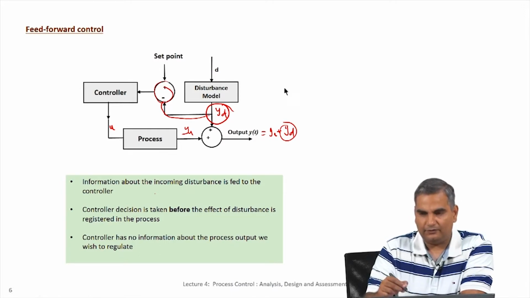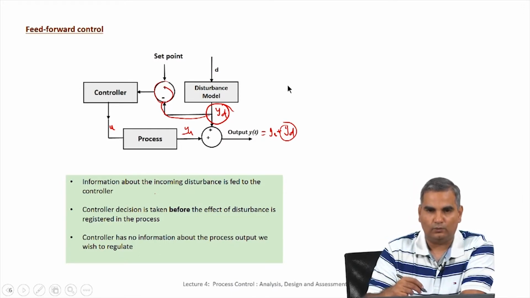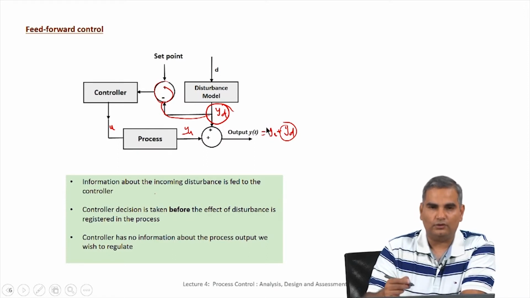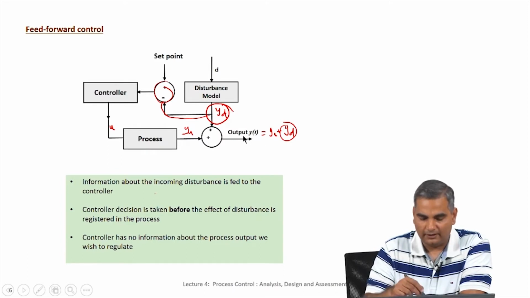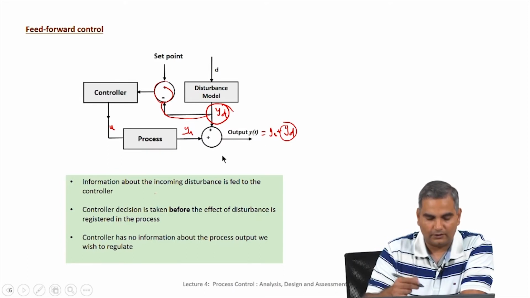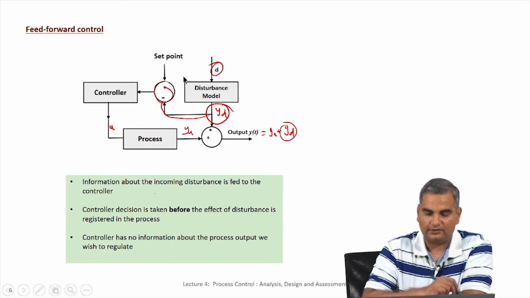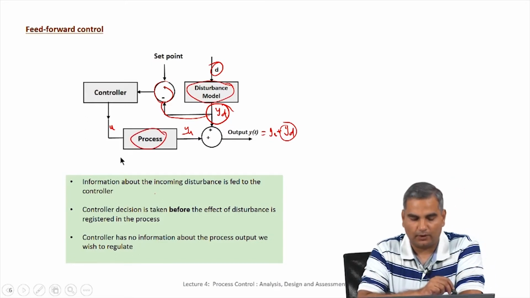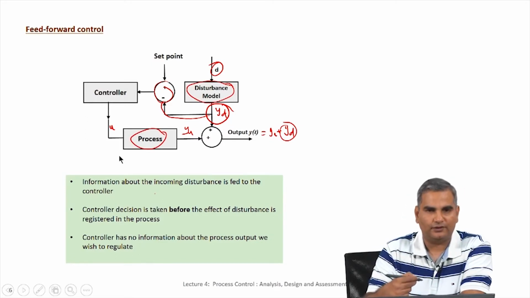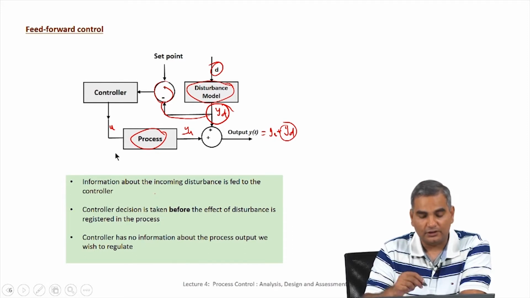Now, similarly, if you know that you want a set point change, then you could use that information to again manipulate and get a new U, so that the output goes to a set point. Here the problem is, for a feed forward controller to work well, your measurement of the disturbance should be accurate, the disturbance model should be accurate, the process model should be accurate, and so on. And of course, in more sophisticated systems you could integrate both feed forward and feedback controllers together, and then you could have an integrated feed forward feedback controller, which, if you have the disturbance measurements and so on, will be very effective.